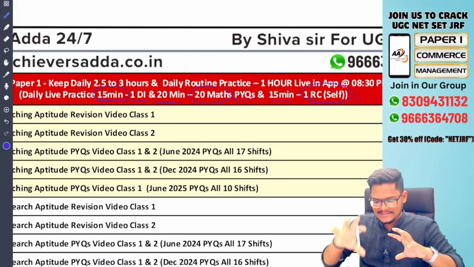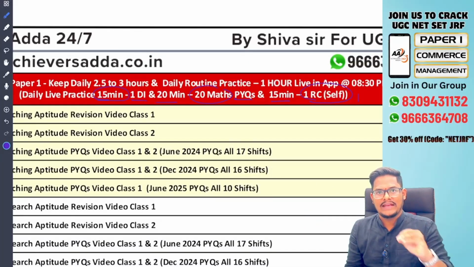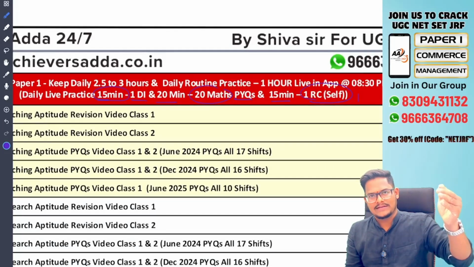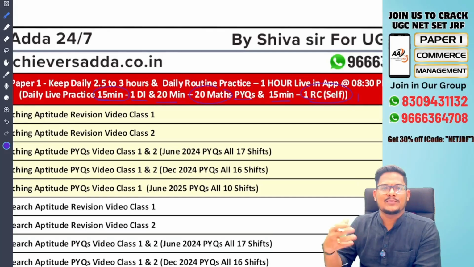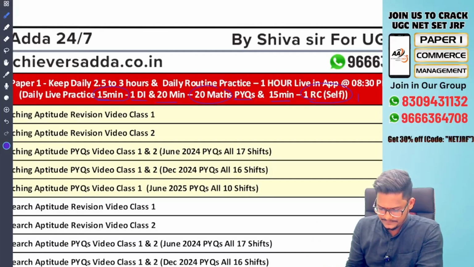Completing these 3 units with regular practice can bring you 30 marks, 15 questions. So hardly, we may lose 6 marks. Out of 30, you can score 20 to 24 marks.